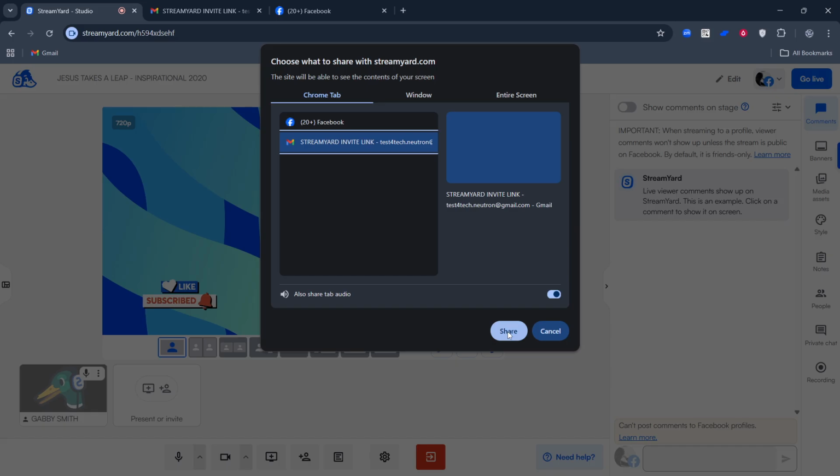You can switch layouts to feature your screen full width, place your camera alongside it, or use picture-in-picture, depending on what fits your presentation. If you're narrating slides, speak slowly, pause briefly when advancing, and use your cursor intentionally to guide attention. That's it. With these steps, you can confidently share your screen in StreamYard and keep your presentation clean, focused, and easy to follow.